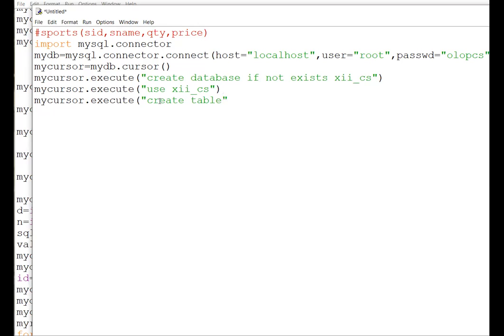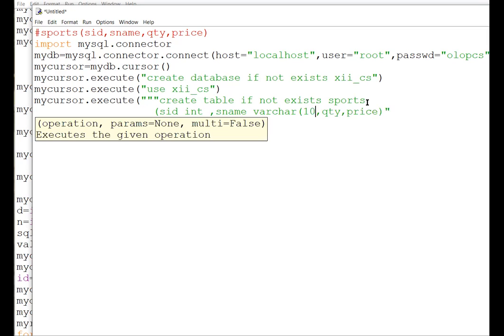Create table, then if not exists, then sports. And see, when you have a big string or big statement, always make a habit of writing it in multiple lines, so that later on if you are going to do any debugging or you want to see the information again and again, it will be easy for you to see the information.